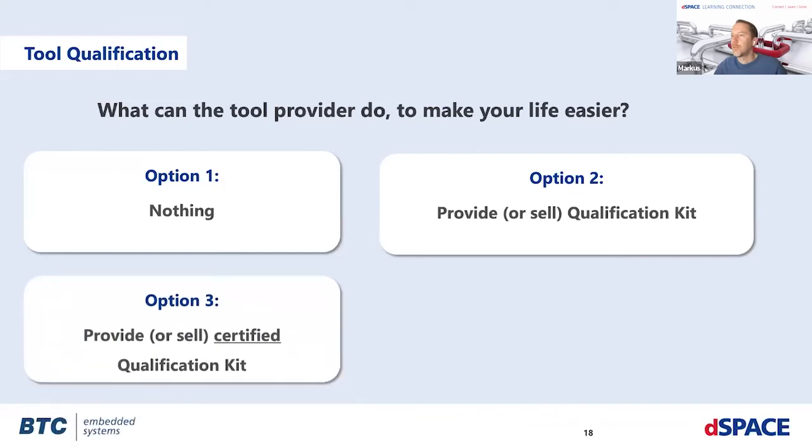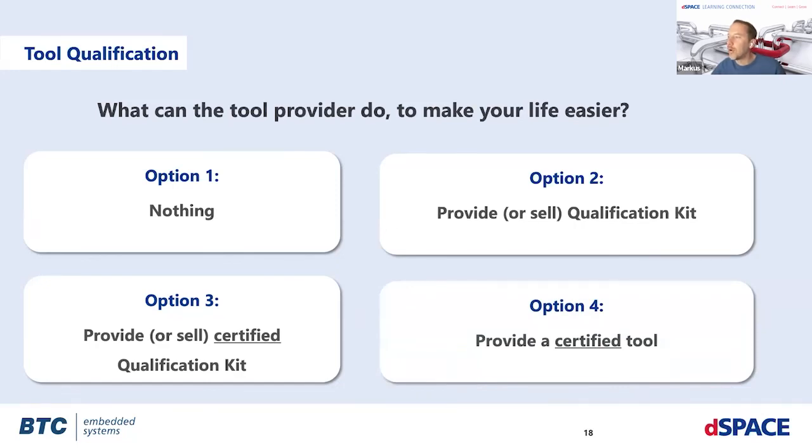Then we see tool providers that go one step further, and they go to some authorities and ask them to certify the qualification kit, which is slightly better than option 2, at least a little bit. You probably still have the same amount of work on the customer side, but at least you have some additional confidence that the content of the qualification kit makes sense and is in line with the standard because somebody has already approved it. And then, of course, option 4